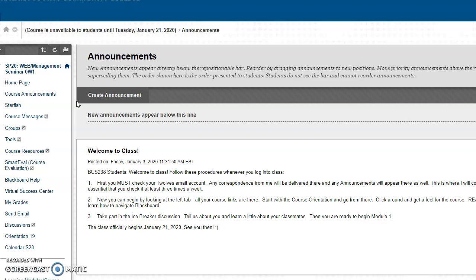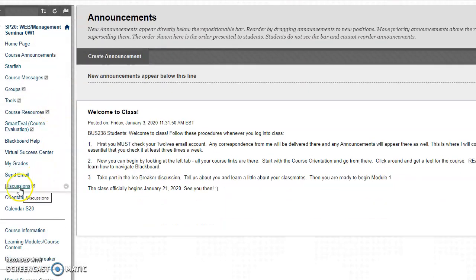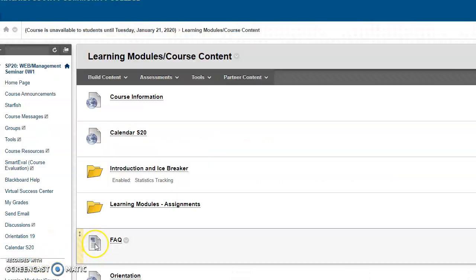Also, if you email me a question, make sure you're checking for a response. I respond very quickly, and it gets very frustrating when it takes the student 4 days to respond with an additional question, because we lose the gist of what we were talking about. We're going to look at the left-hand tab to organize everything, and you have to take part in the icebreaker discussion, which is under the discussion tab here. And then the learning modules are where all your assignments are.